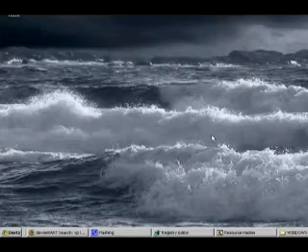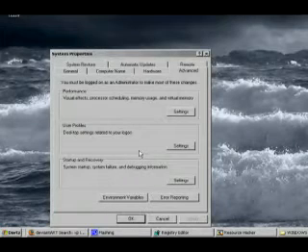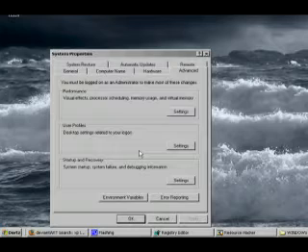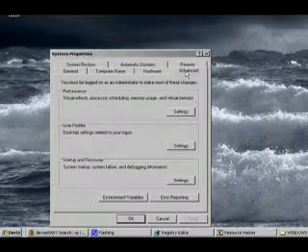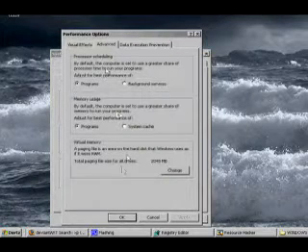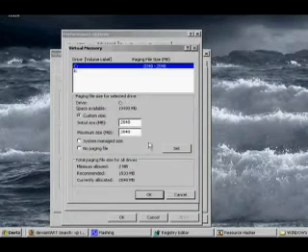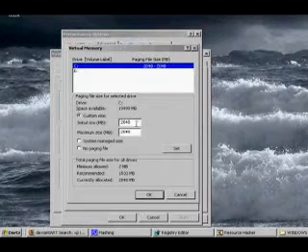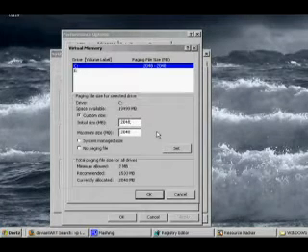So, I'm going to start with how to set a static page file. The first thing you're going to do is open up the System Properties menu. To do that, just hit Windows key pause, and you're going to come up with this, and go to the Advanced tab, Performance Settings, Advanced tab again, Virtual Memory Change. Now, the default value for this is System Managed Size. You want to click on Custom Size, and change the value to typically twice the amount of RAM that you